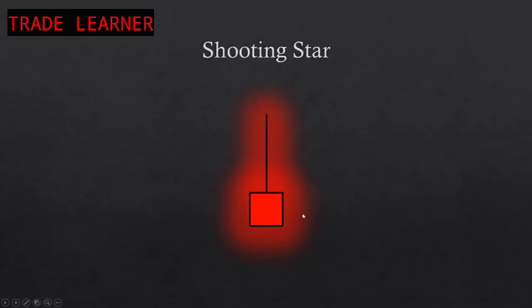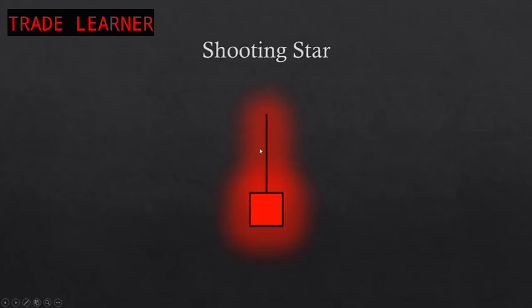The shooting star pattern is formed by a candlestick with a small bearish body that sits in the lower range of the candlestick and a long upper tail. It received this name because it resembles the silhouette of a shooting star, so that's one way of memorizing the pattern. The logical interpretation of why this is a bearish reversal pattern is that, since it appears when price is going up,